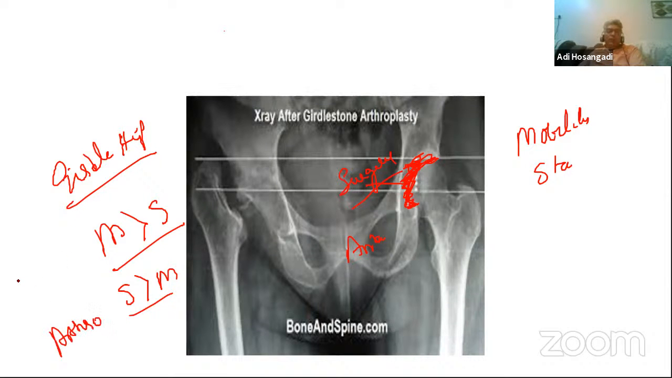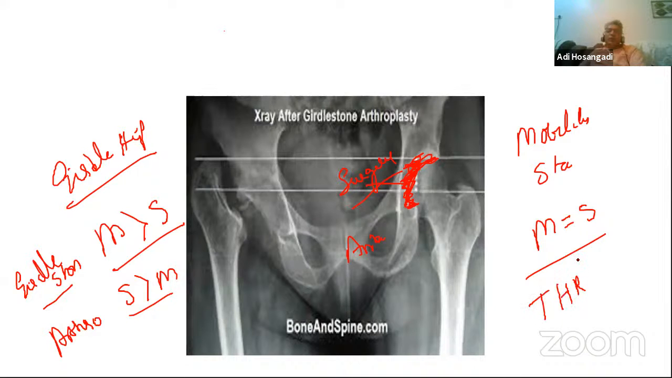Mobility is more than stability. Here it is, Girdlestone arthroplasty, where you remove the head and neck. But now we want both mobility and stability. So what is the procedure? What we are doing now is total hip replacement, or total hip arthroplasty, where Girdlestone also gives a painless hip,